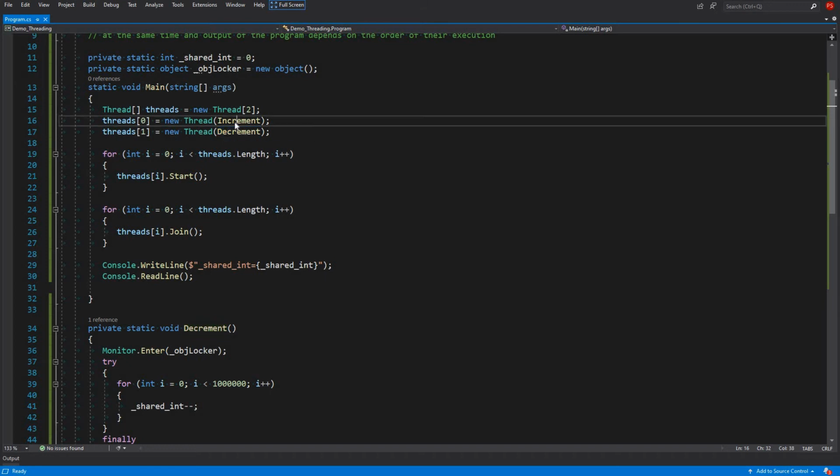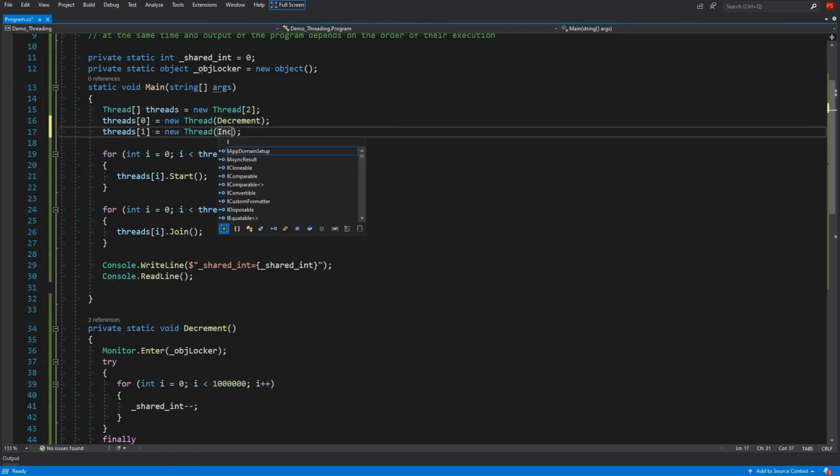We can decrement, it can be increment, whatever happens or whatever order it is. The order should not matter, and that was the problem with the race condition, that the order was changing the output of the program.